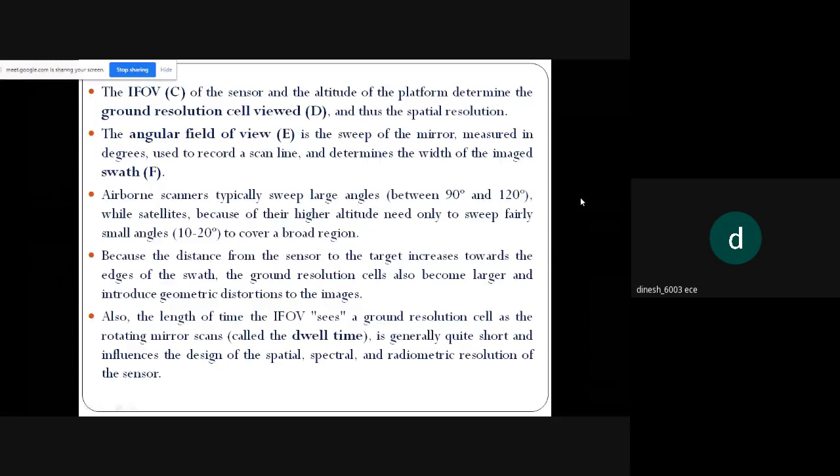Then we have the angular field of view, that is a sweep of the mirror measured in degrees. And also it records the scan line, thus determining the width of the